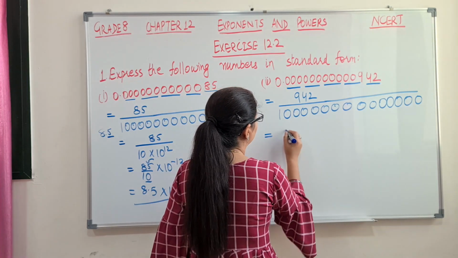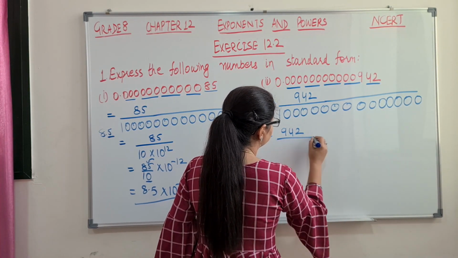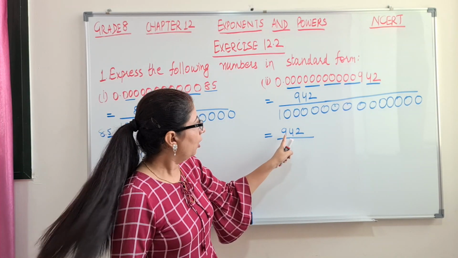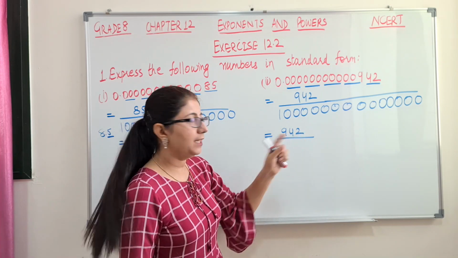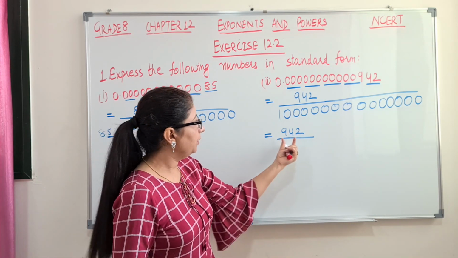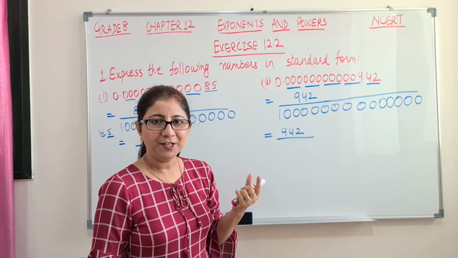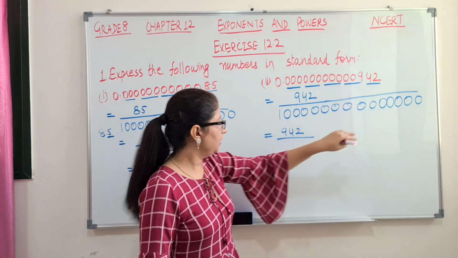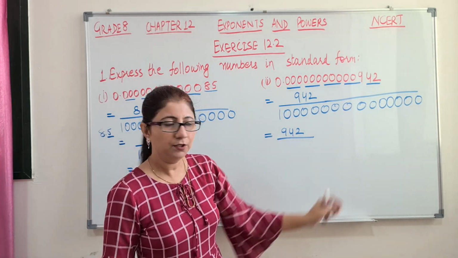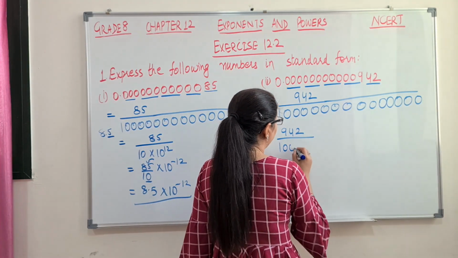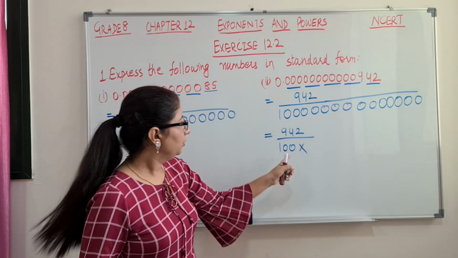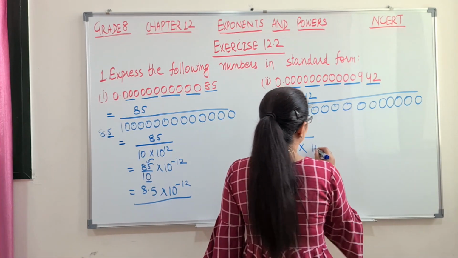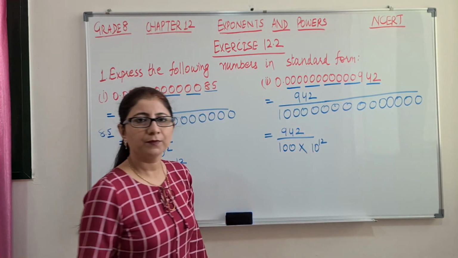So 942. I want decimal here. So if decimal should be here, how many digits after the decimal in this case? 2. So that means we will keep 100 because 100 has 2 zeros. We will keep these 2 zeros out of total 14 zeros here and then write the remaining zeros. So 1 and 2. So out of 14, 2 we kept for this decimal number and remaining 12 we will convert it into exponent. Okay.